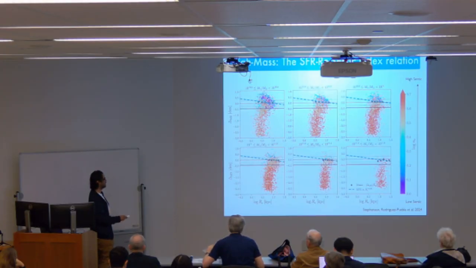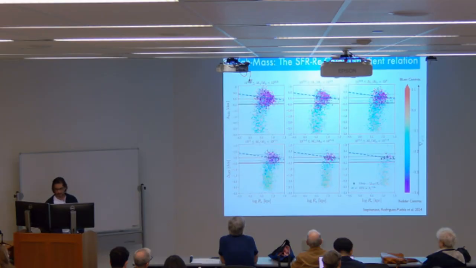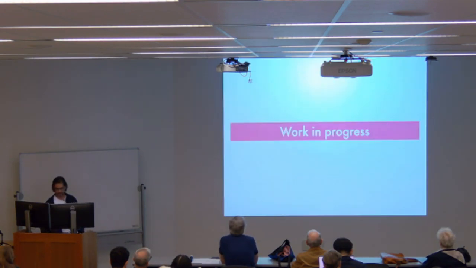So we don't see any correlation anymore, but what we see is that most of the galaxies that are now in the star forming main sequence have earlier morphology, meaning that perhaps quenching is happening during the main sequence. And if we plot the color gradients, we see that those galaxies have negative color gradients, and quiescent galaxies have